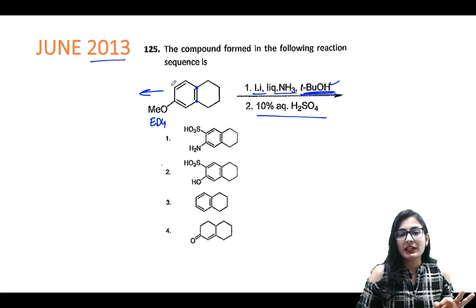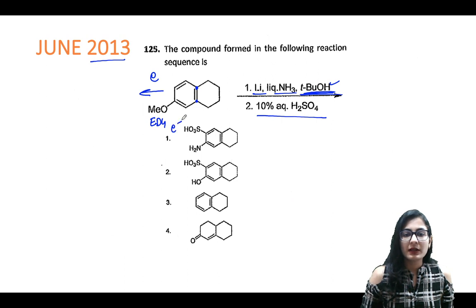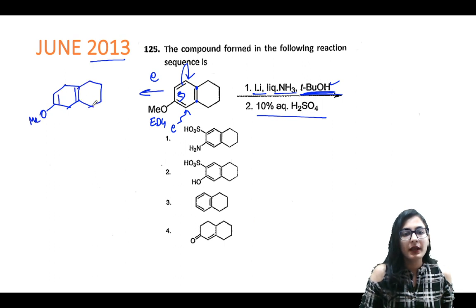If the electron transfers here, then by resonance the negative charge falls on this carbon. So what we are going to do is, we are going to make the electron either attack on this carbon, so that by resonance the negative charge is over here, or it attacks over this carbon like this and the negative charge falls over here. So let's write what is the major possibility. This is our major possibility that we have, the radical anion.